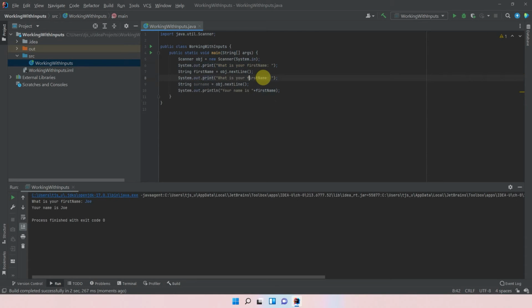And what is your last name? And actually I'm just going to put a space in there as well, just tidy that up a little bit. Put in your last name. And over here we're going to do what we did before, so I'm just going to use a plus, use those speech marks with the space in between, and type in surname. And if we run that,